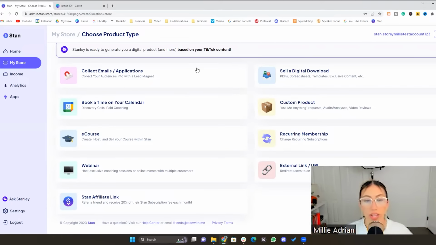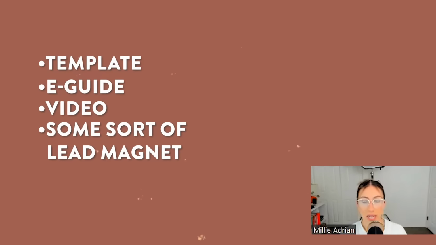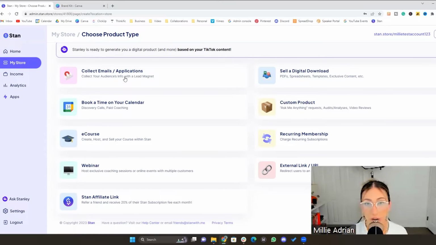This is the most important thing, even if you don't think it's the most important thing. Even if you think it's irrelevant to your niche or your content, you're like, oh, I will never need an email list. Start an email list. And what you're going to do is you're going to offer a free product. This could be a template, an e-guide, a video, some sort of lead magnet that's going to capture your target audience attention. We're going to talk about how to do all of that in a different video, but